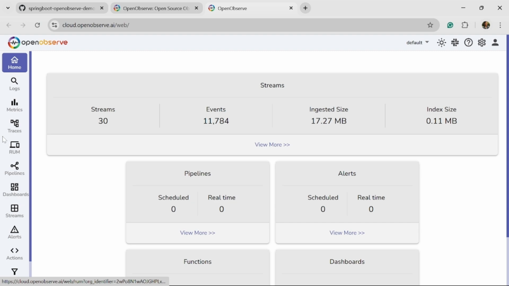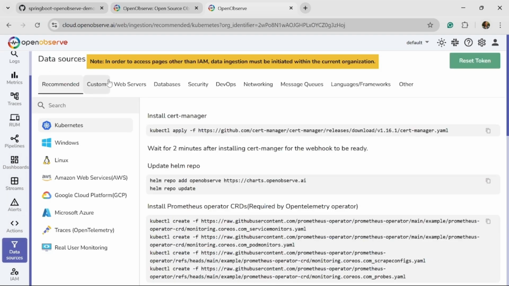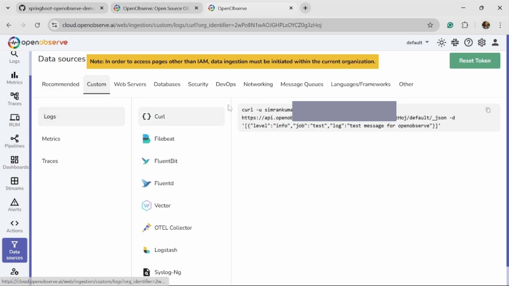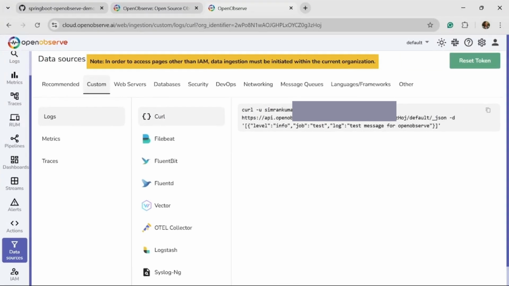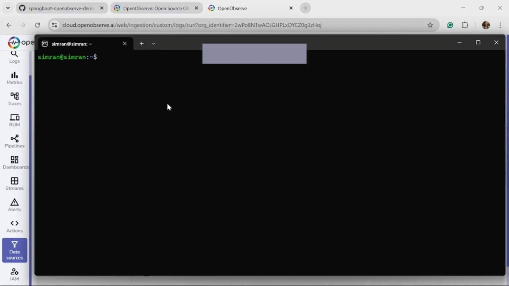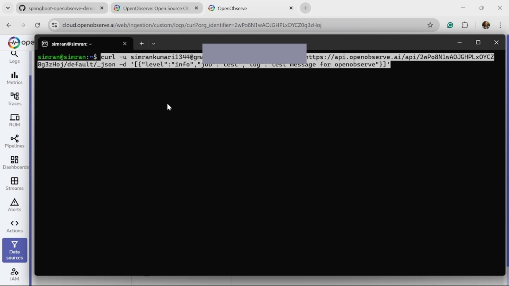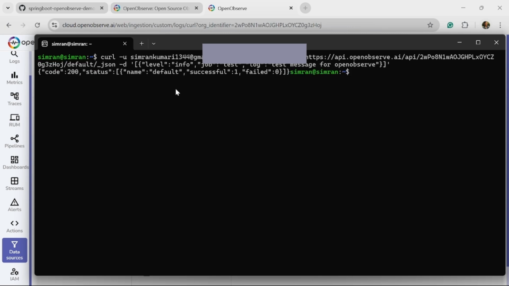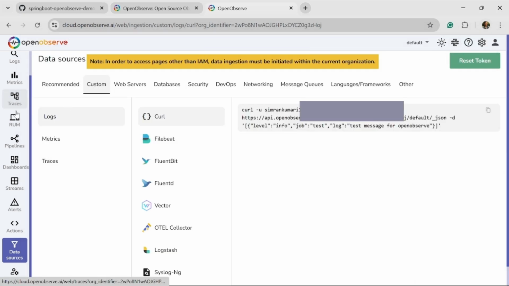So first I'll go to the data sources section, and here under custom you'll find the basic curl command. These credentials you can just copy. Then you can open your terminal and just paste this. On running this, it will take some time and will show a successful message. So that means it was able to ingest the data, and if I go to the